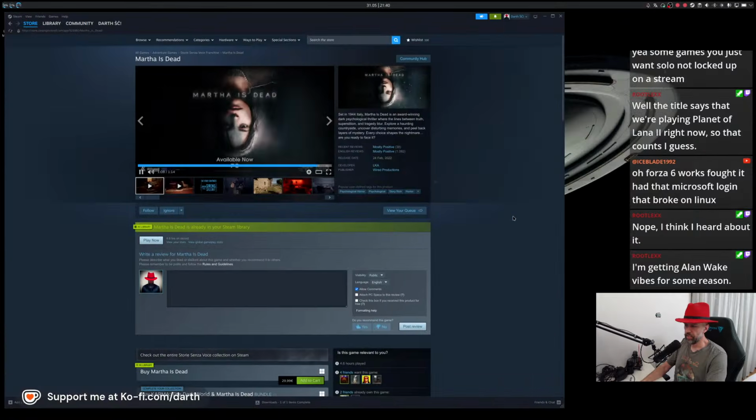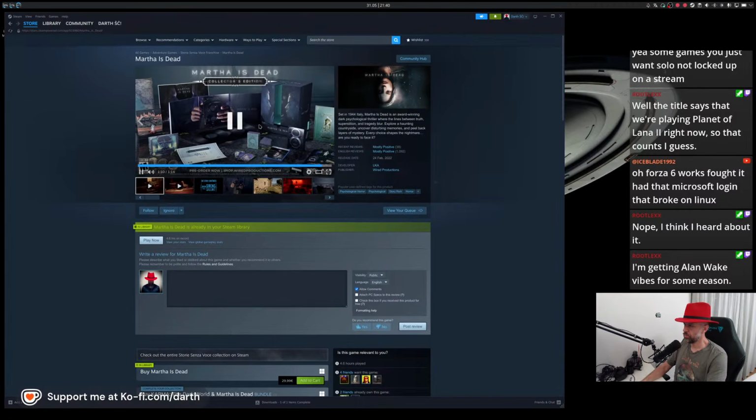I don't know why Alan Wake 2. This is like really indie, but I have heard a lot of good stuff about this game, so I bought it and kind of didn't play it. Really good musical score, and